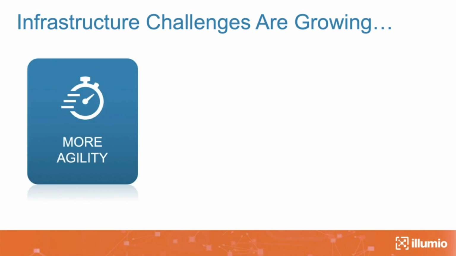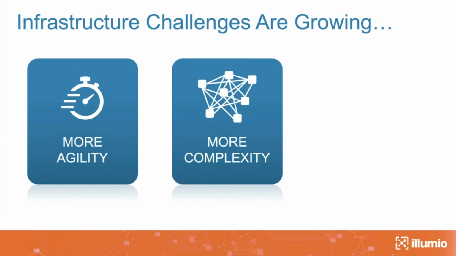So if I take a step back and just look at the infrastructure that people have today, it demands a lot more agility, right? Businesses want to put services out there. They want to differentiate themselves, and they want to be able to cater to their customers, and they just need more agility from their systems, their applications, and applications reside on the network. Basically it comes down to: can I travel at the speed of my business so that I can provide the services, the network, the security, and everything else that is demanded by the business.